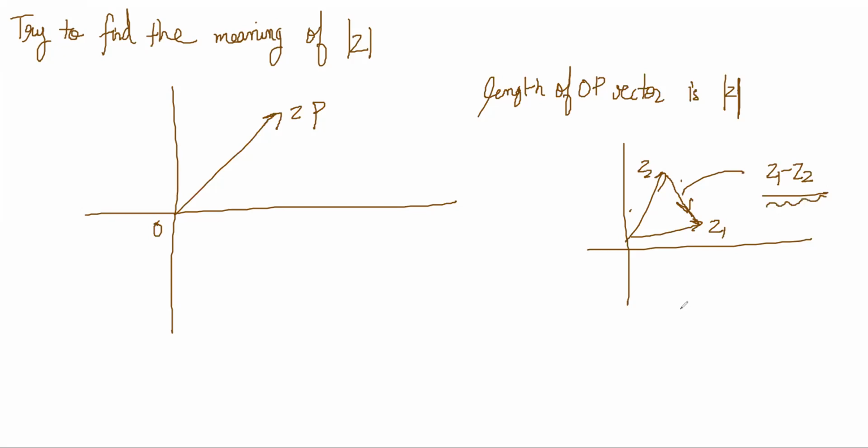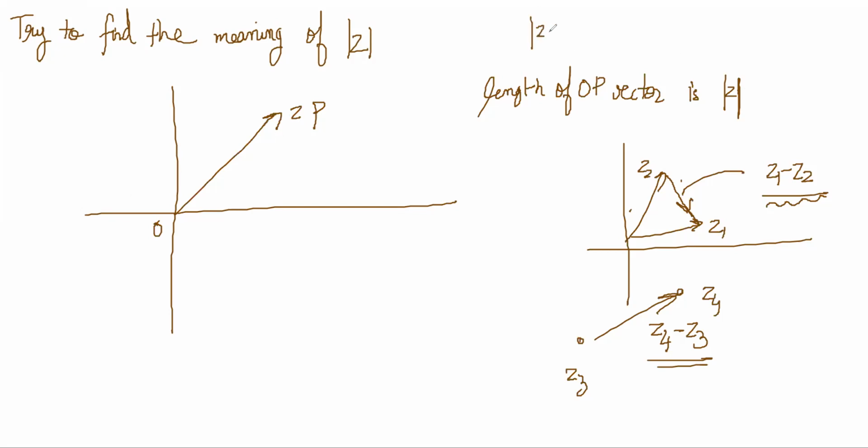So a line segment joining 2 points z3 and z4 will be written as z4 minus z3, right? Final point minus initial point. If you think of vectors and vector displacements, that is how you take displacement, no? Final point minus initial point, correct? So think of this z vector.